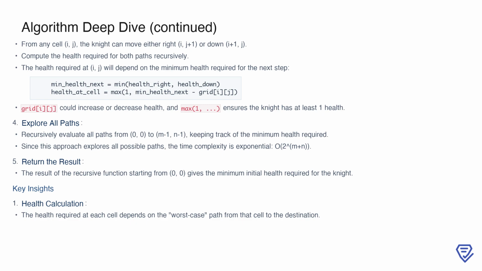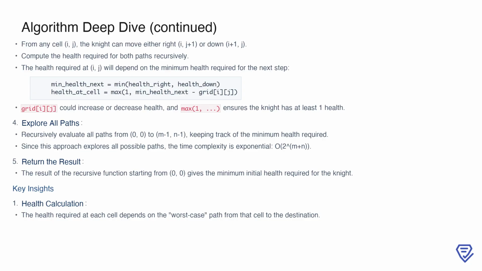This ensures survival even when encountering a cell with a large health penalty. The brute force approach evaluates all possible paths from the top left to the bottom right, keeping track of the minimum health required along each path. However, since this approach explores every possible path, it results in an exponential time complexity of O(2^(m+n)). Finally, the result of the recursive function at the starting cell gives us the minimum health required to begin the